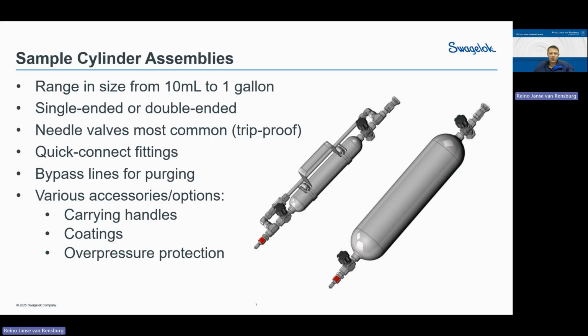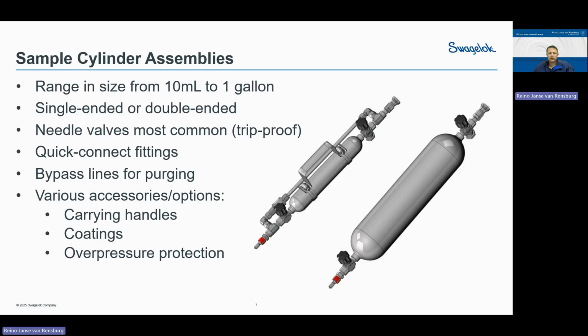Then we can add bypass lines for purging. If you look at the smaller cylinder of the two on my slide deck now, you will see it has a line running around the cylinder. If there are any toxic gases, the way we design the cylinder is that after you've taken the sample, we back purge it with nitrogen or steam, either one of the two, to blow all of your connections clean to make sure there's no exposure to toxicity when you disconnect that system.